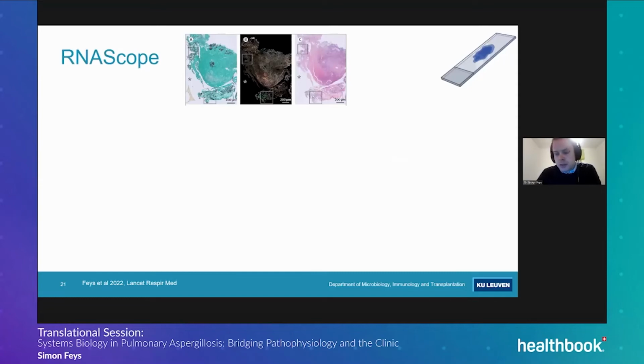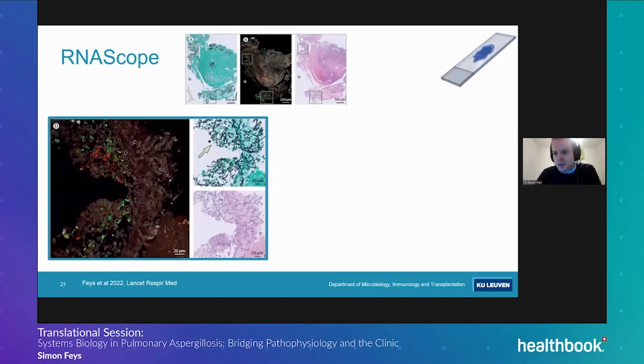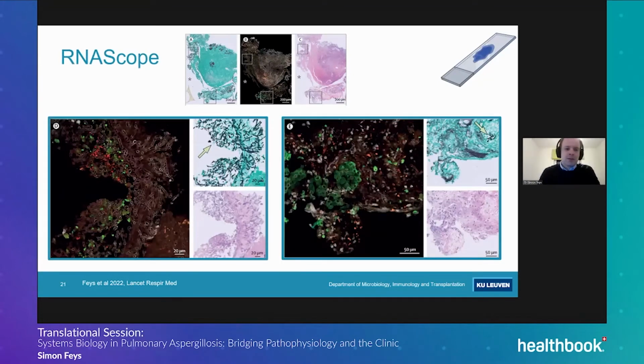Then for the biopsy samples, we were able to, as my promoter likes to say, obtain the first family picture of CAPA. In the 4 samples that we investigated, in one sample we could visualize RNA, and this was in this patient that I'm showing now. This was a CAPA patient. So we see a tracheobronchial biopsy sample, and I think on the panel on the left, you can see it the best. You can see the hyphae invading the tissue.